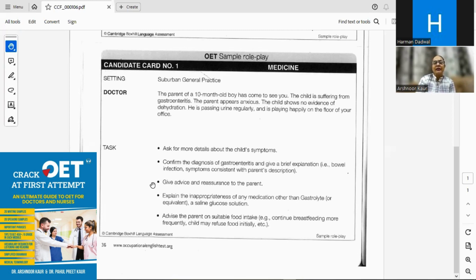If he passes more stools and these are more watery stools with a foul smell, in that case there is an emergency number written on the pamphlet. You can contact that number. Secondly, one very important thing: if the child feels feverish or you find that the temperature of the child's body goes higher, in that case also you can contact us. But if the child is in a similar condition, or the consistency of the stool is not getting harder for 2 to 3 days, it is not to be taken seriously.